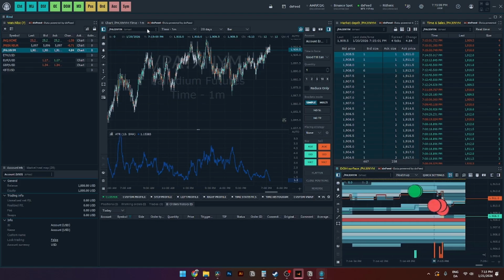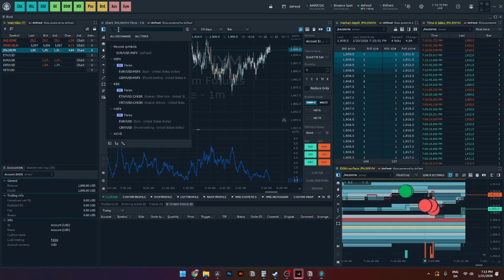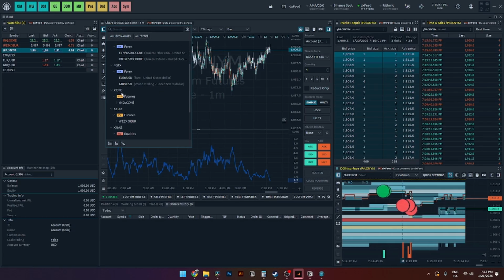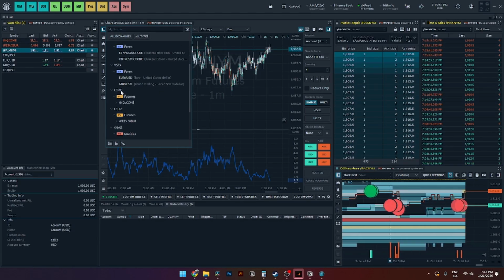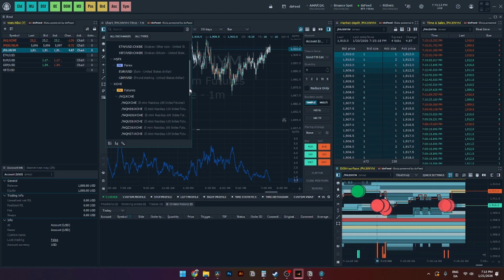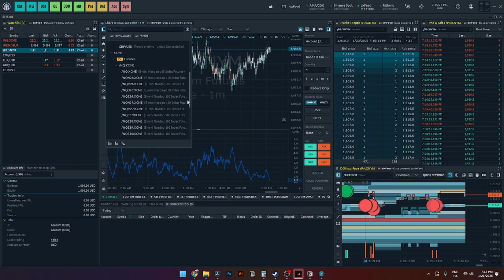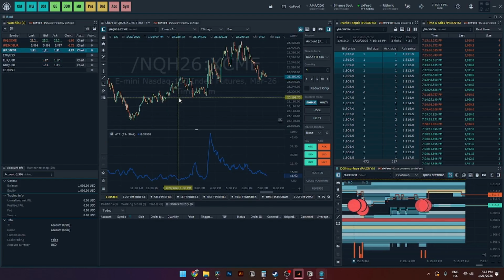And then from here, you'll need to select the specific future that you want to trade. And you'll be able to find the futures down here. If you scroll down a little bit, you'll be able to see under XCME, the futures tab. And then from here, you can choose all the specific futures that Quantower offers. From here, you'll just need to choose the specific one, double tap on it, and then from here, it should